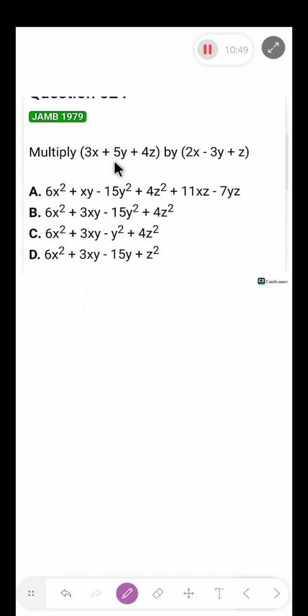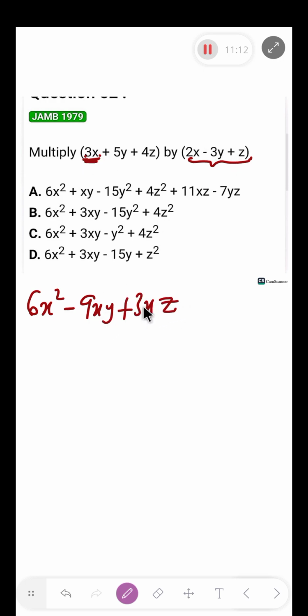Okay, I have multiplication of polynomials here, but this is of three variables. In this case, you have to use this 3x to multiply everything you have here. So in a nutshell, you have 3x times 2x, and that's 6x squared. 3x times this, you have minus 9xy. So you have to be very fast about this. 3x times z, you have plus 3xz. Then you go ahead again. This 5y, we multiply everything you also have here. 5y times this, then you have